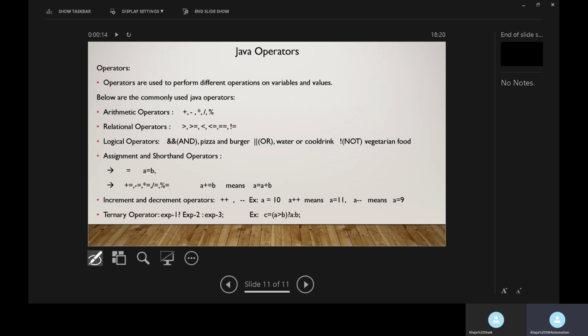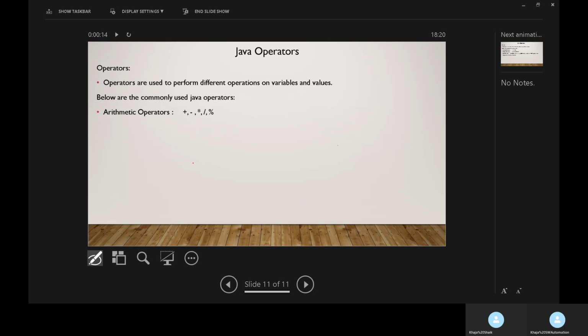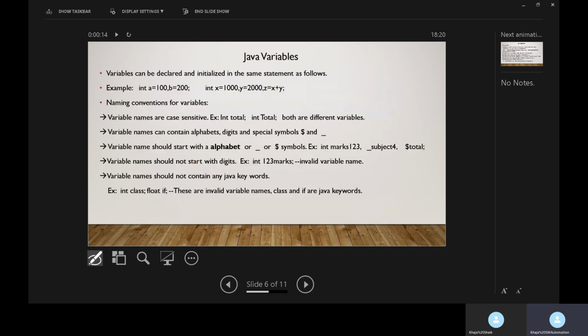And coming to the assignment and shorthand operators. Here this equal to is the assignment operator. Let us suppose you want to store value 10, like this. So this is the assignment operator.